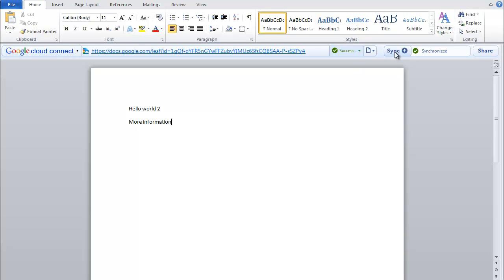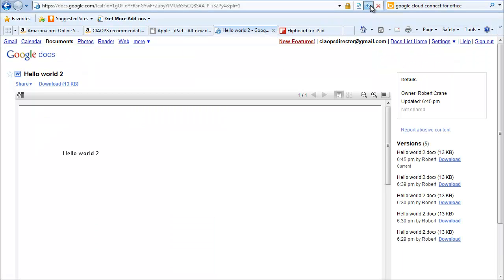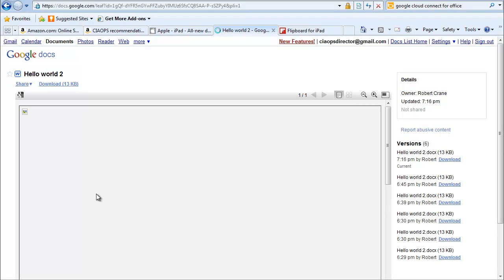and then I go up here and push the sync button, so it's now synced. Right, so it's now doing the sync for me. You'll see that it's now synchronized. If I now return to my Google Apps page and refresh it, you'll see that it now has the updated